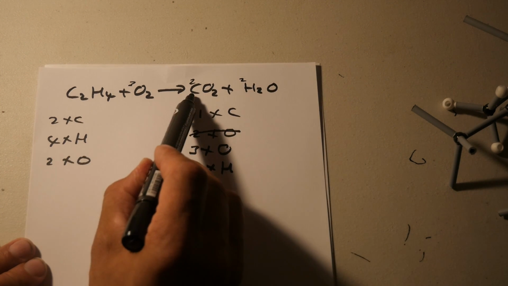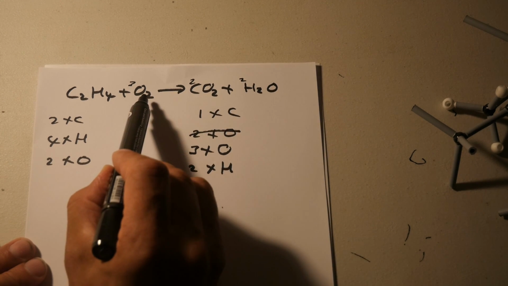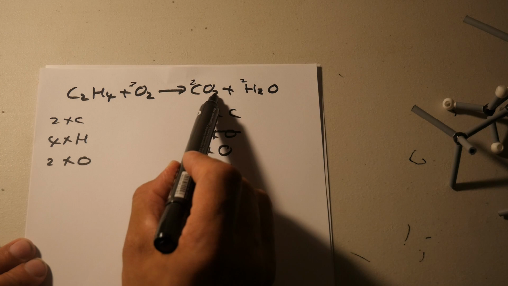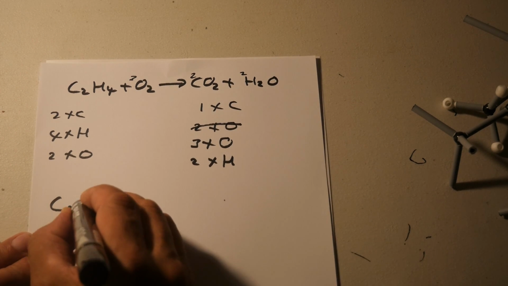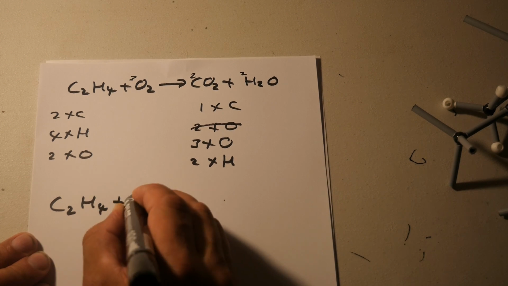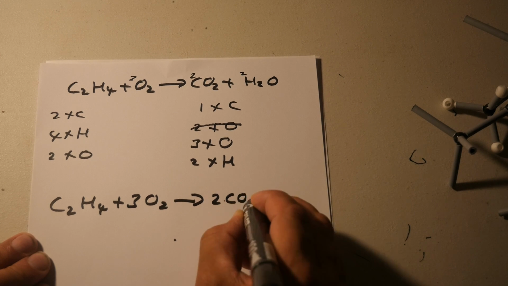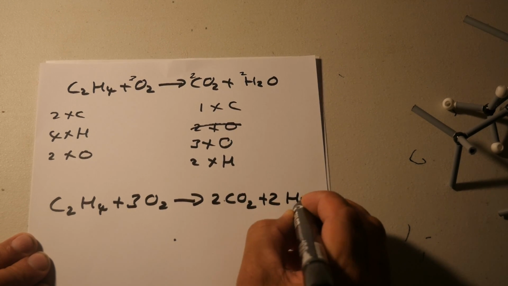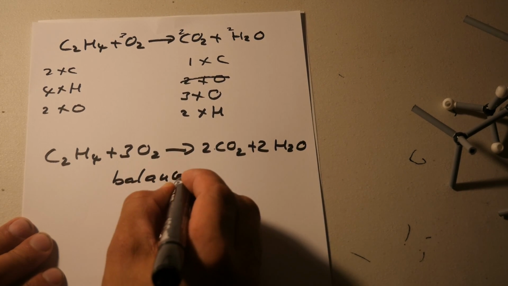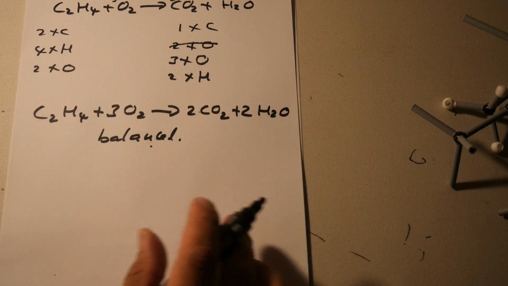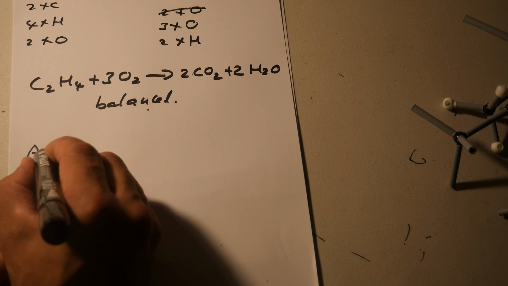So that's 2 carbon, 2 carbon, 4 hydrogen, 4 hydrogen. 3 times 2 is 6 oxygen. 2 times 2 is 4 plus 2 is 6. So this is balanced. C2H4 plus 3O2 becomes 2CO2 plus 2H2O. Okay? Okay, that's balanced. Another example is